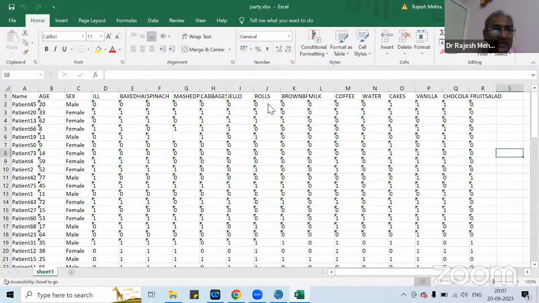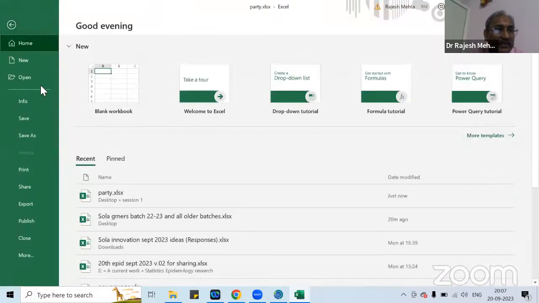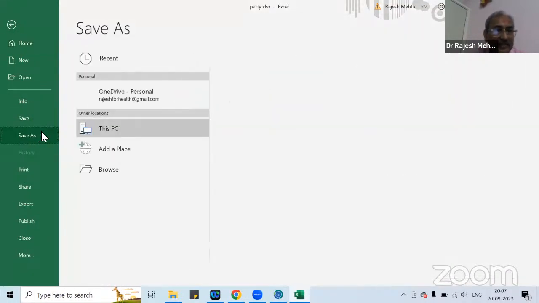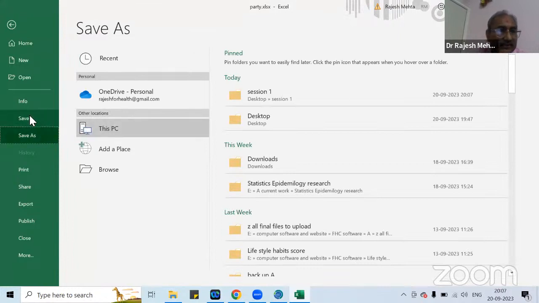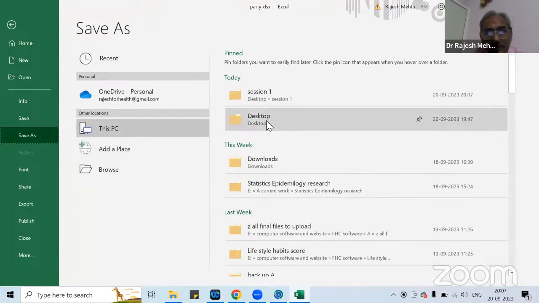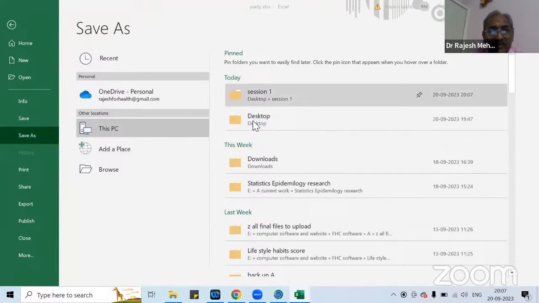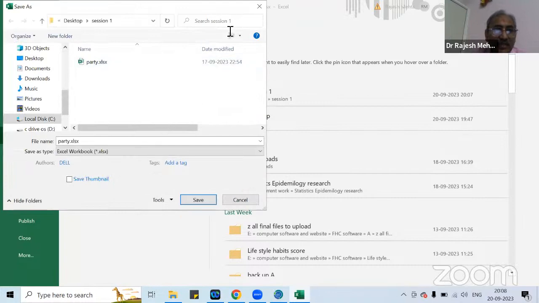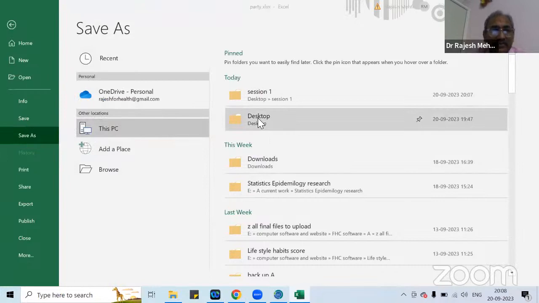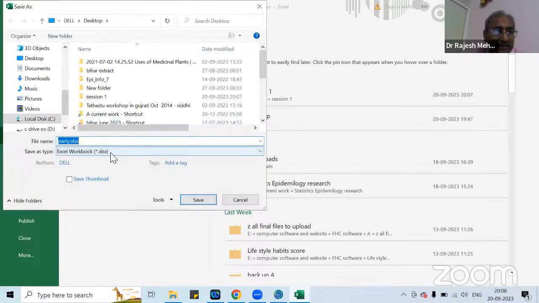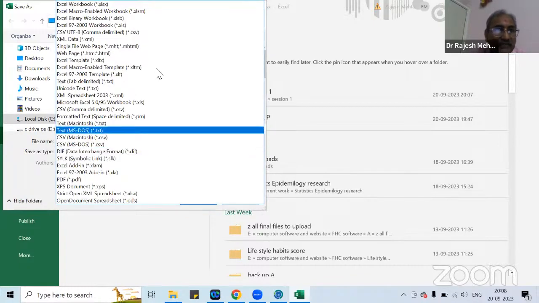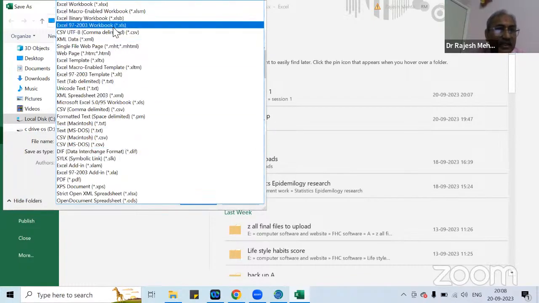if it is not accepting, then you can go to File over here and Save As. For example, you want to save somewhere in this or maybe on the desktop. Let's say you want to save in session 1 or desktop. And here you are given various options. In this case, if you use Excel 97-2003, mostly there won't be a problem in importing the data,